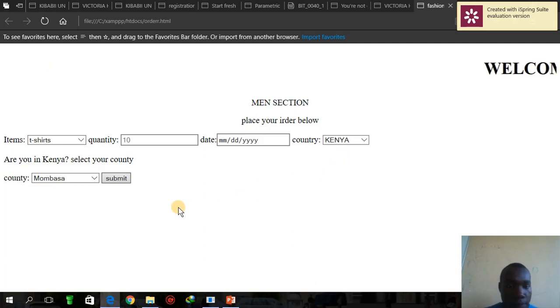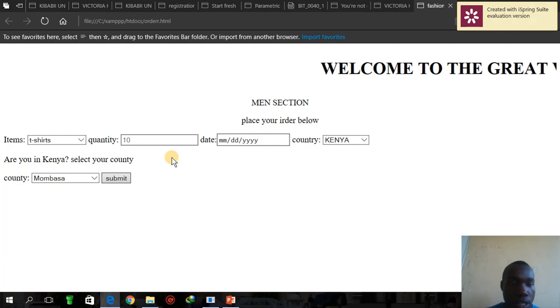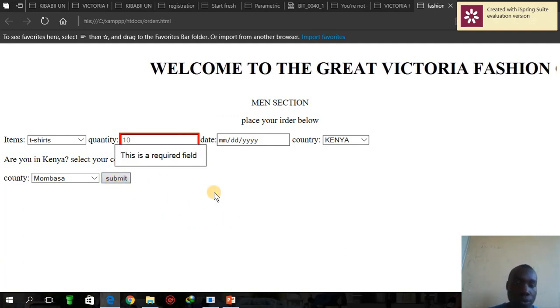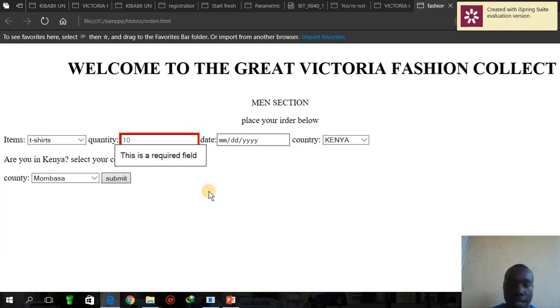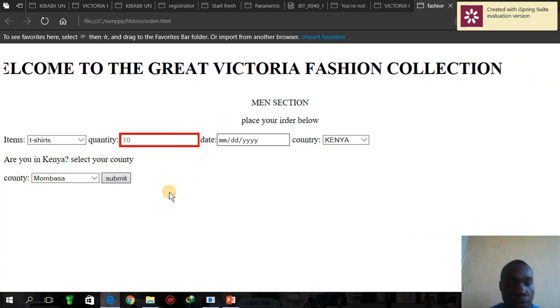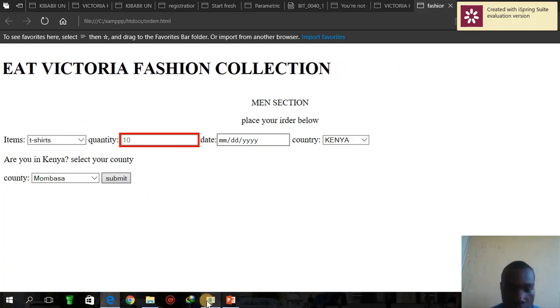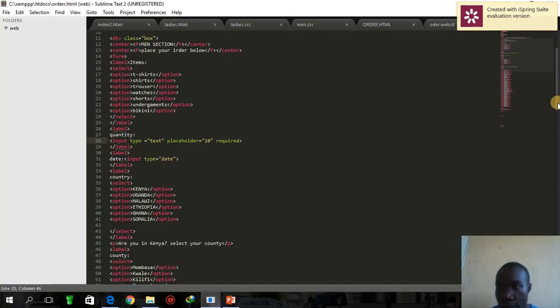When you try submitting the form without including the quantity here, as you can see, you'll be prompted to put a value there before continuing. So that is the essence of the required attribute. You can go again,